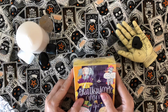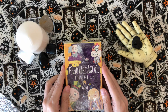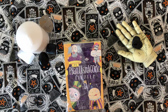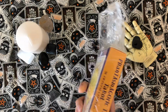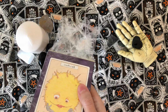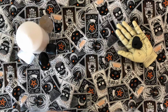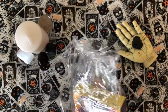I will say that this deck is available on Etsy, but it cost more to get it on Etsy with the shipping. I think it was like $10 shipping, and so I found it on eBay with free shipping. So they said it was new, but it just seems to be wrapped in kitchen plastic wrap, which tells me that it doesn't have new, like factory packaging. So, I mean, it looks like it's in good condition, but,